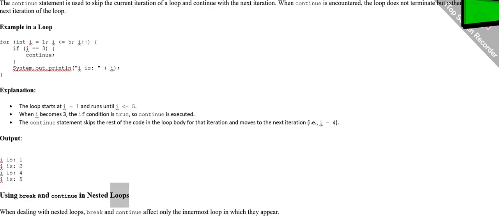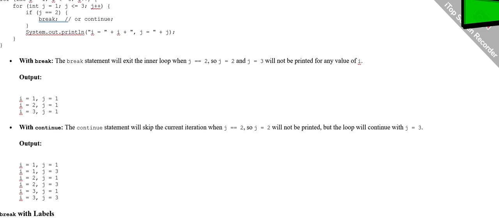Using break and continue in nested loops. When dealing with nested loops, break and continue affect only the innermost loop in which they appear. Example with nested loops. for (int i = 1; i <= 3; i++) { for (int j = 1; j <= 3; j++) { if (j == 2) { break; // or continue } System.out.println("i = " + i + ", j = " + j); } }